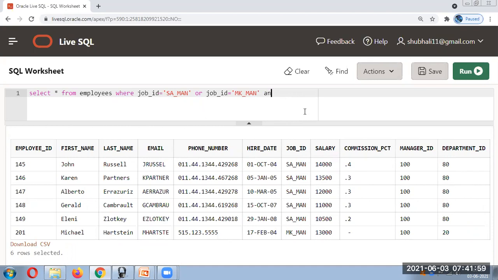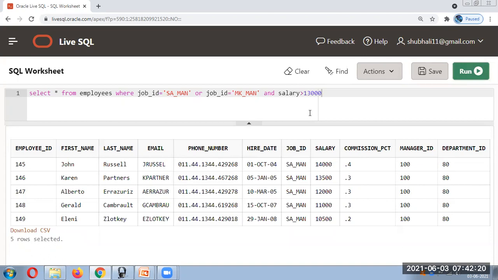And we want to mention salary is greater than, let's assume, 13,000. If you put a bracket over here, first it will take this and then it will check.